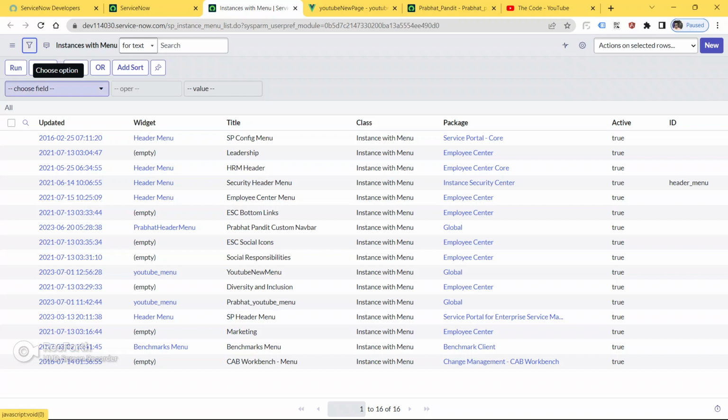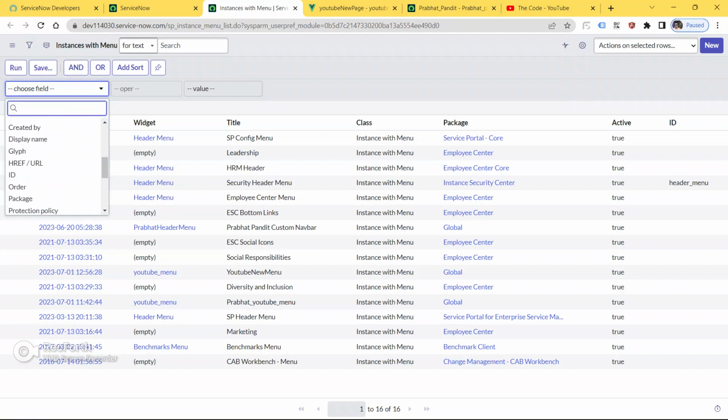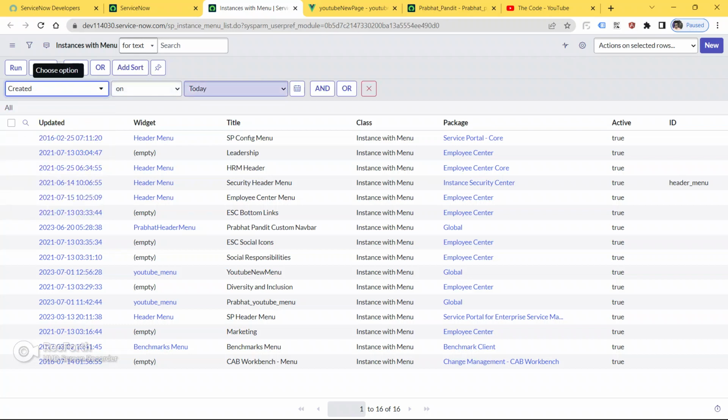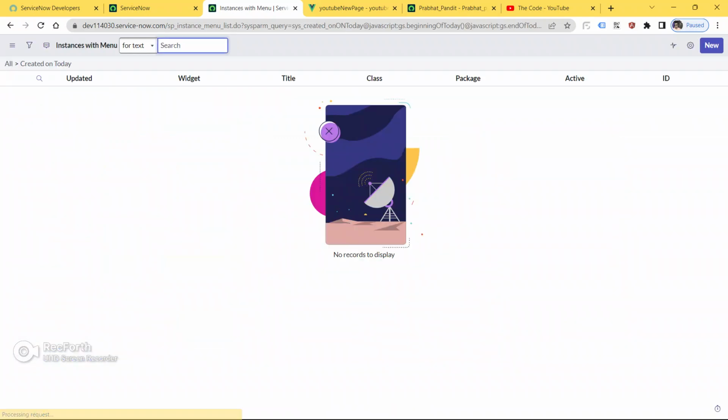I'm going to provide some filter conditions here: created on today. Let me click the run button and run the filter.